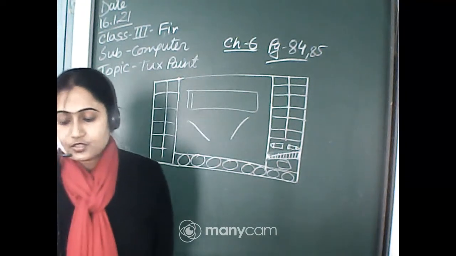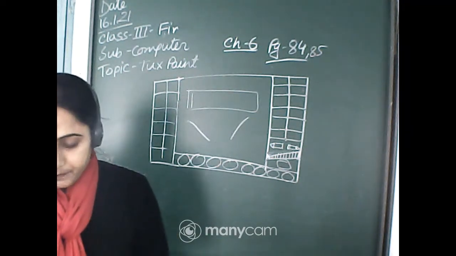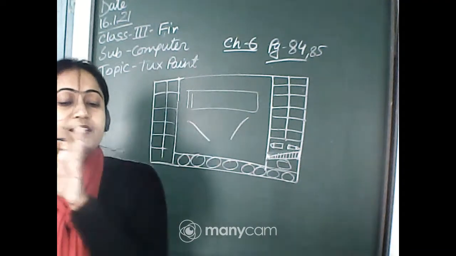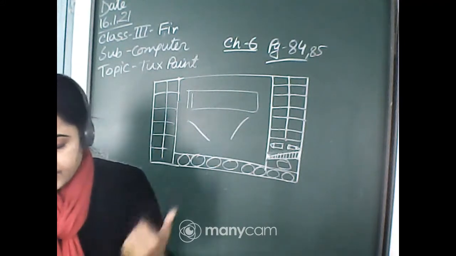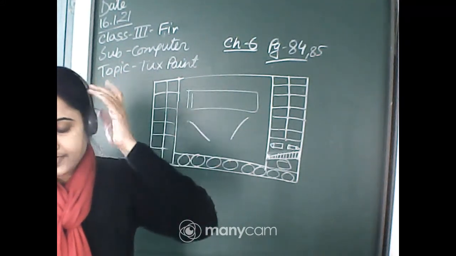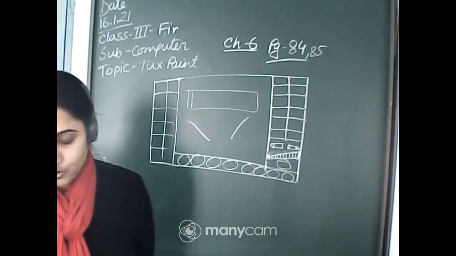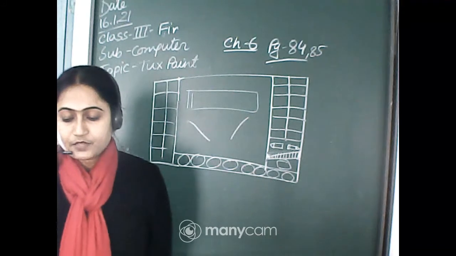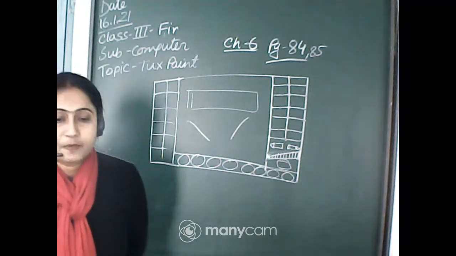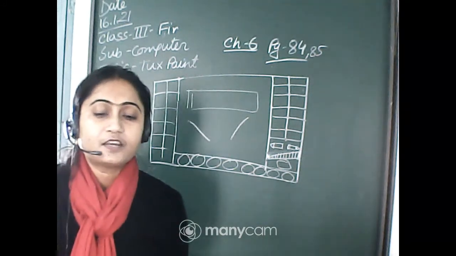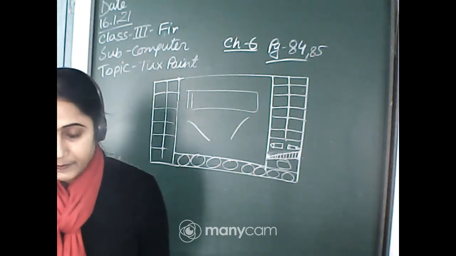Okay, and the line tool works similar to the pen tool. Under the pen tool we can see different patterns, different shapes available. We can choose anything. This is also similar. The line tool has the same brush shapes in the selector as in the pen tool. The only difference between the pen tool and the line tool is the order in which the drawing is displayed. Only that order changes, but the patterns and shapes are similar.